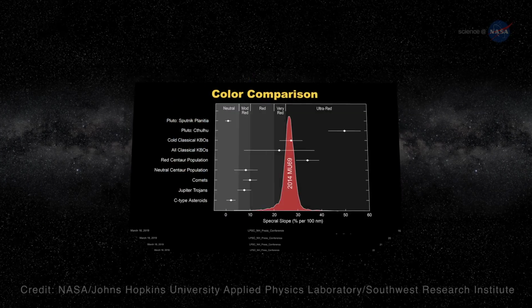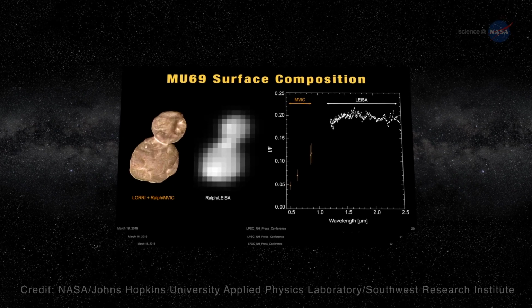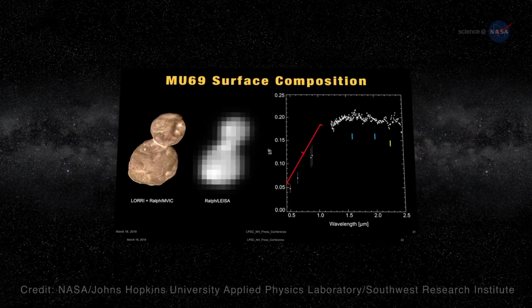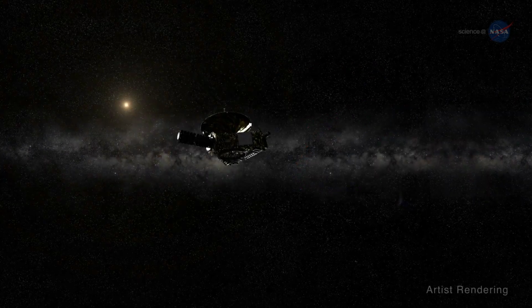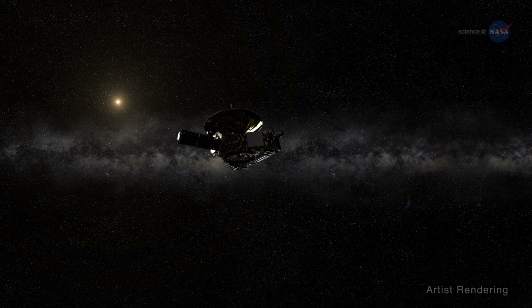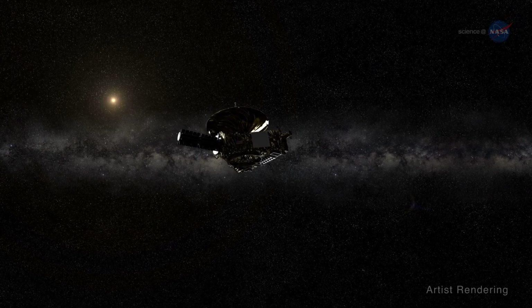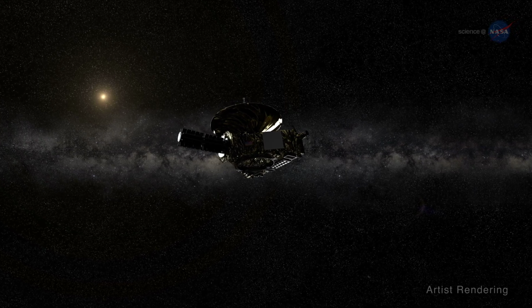Scientists are poring over the information they've received so far, and the data transmissions from the MU69 flyby will continue through the late summer of 2020. In the meantime, New Horizons is traveling farther into the Kuiper Belt at about 31,500 miles or 51,000 kilometers per hour. The spacecraft is now observing additional